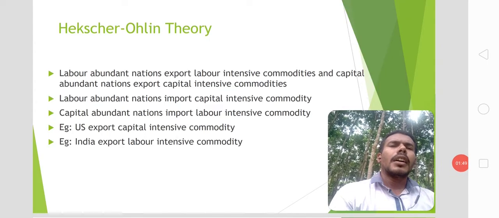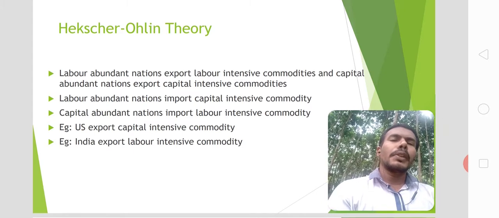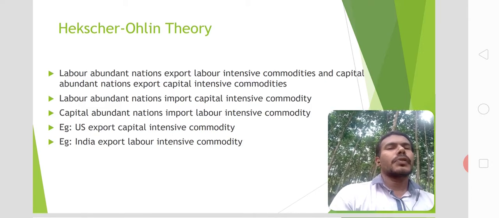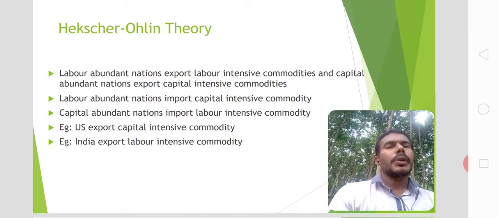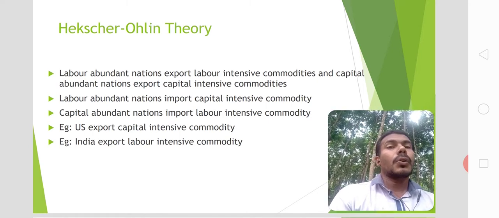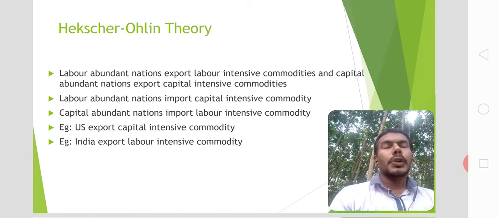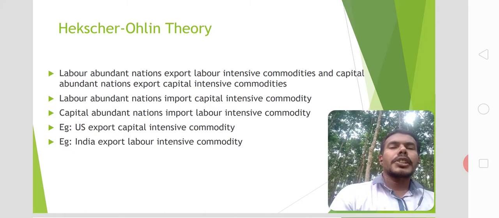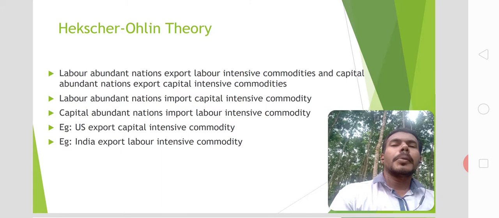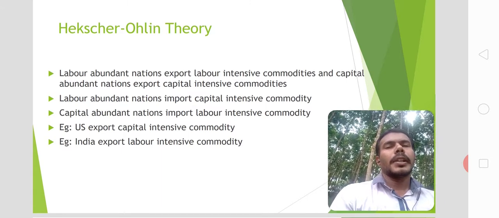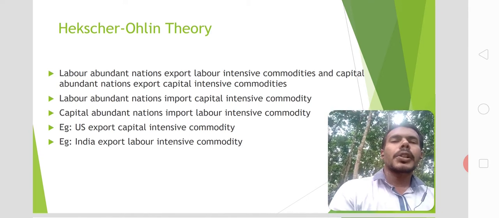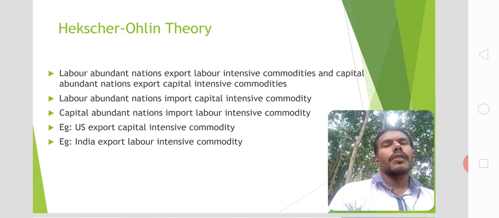The HO theory really confirms the prevalence of comparative advantage as the basis of trade. But what determines the basis of trade? What determines the comparative advantage is the point of discussion. It is factor proportion according to Heckscher and Ohlin. According to the Heckscher-Ohlin theory, the factor abundance, factor proportion will determine the comparative advantage for the two nations. So, as per the theory, labor abundant nations will export labor intensive commodities, and capital abundant nations will export capital